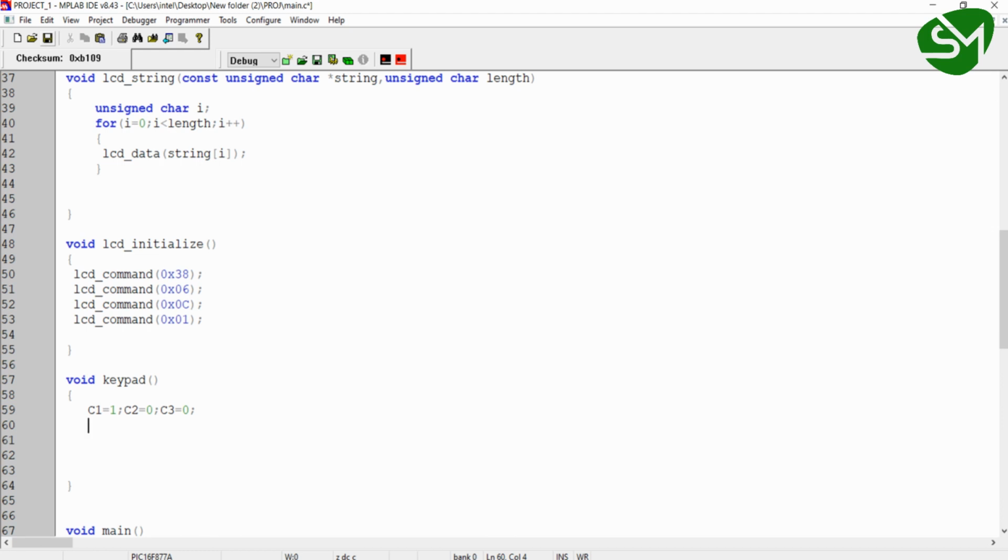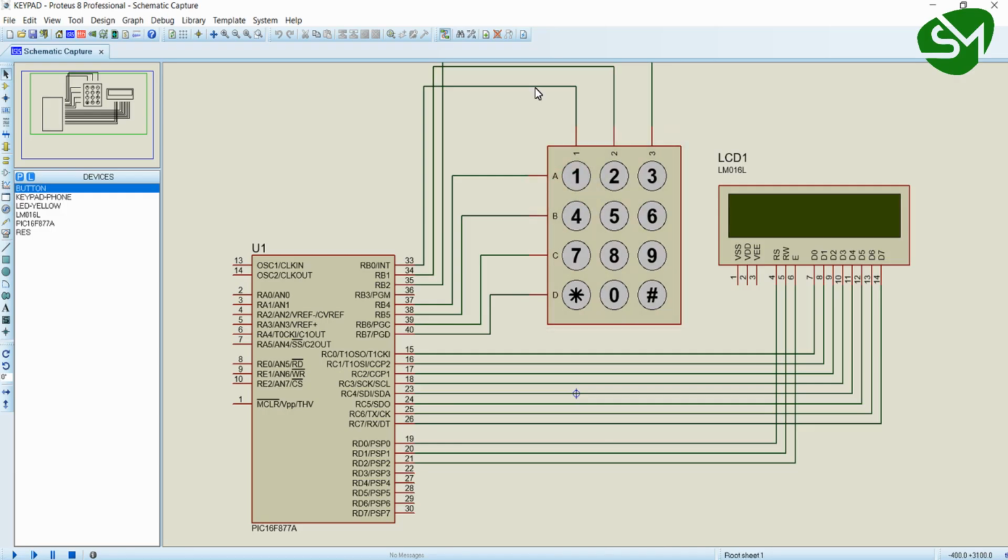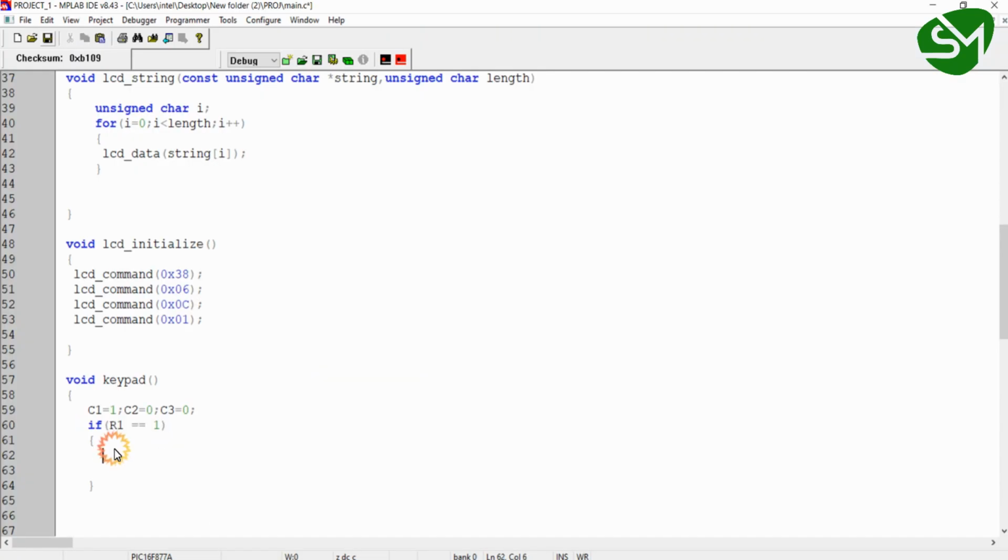When column 1 is high, I will check for row 1 to be high. That means when column 1 is high and I press this button 1, you can see this row 1 will be high. So if row 1 is high, I will print the data 1 on the LCD.